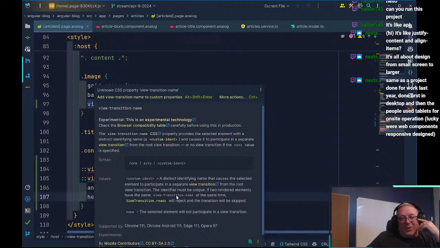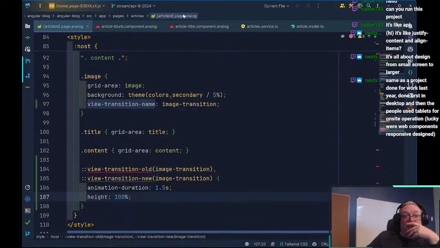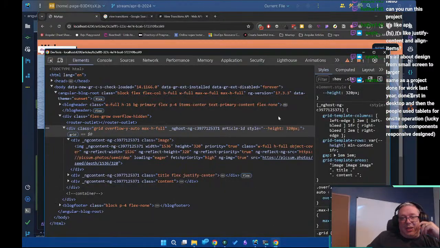If two rendered elements have the same view transition name at the same time, view transition ready will reject and transition will be skipped. None means it won't participate. Separate view transition from root view transition. The identifier must be unique. We do have a unique identifier, and we can see that in our animations,